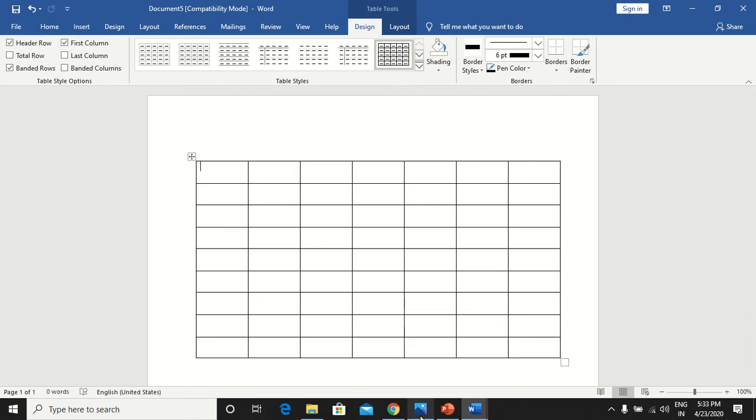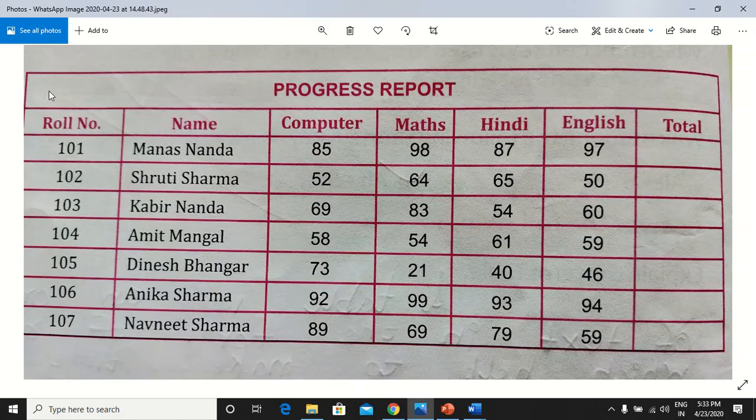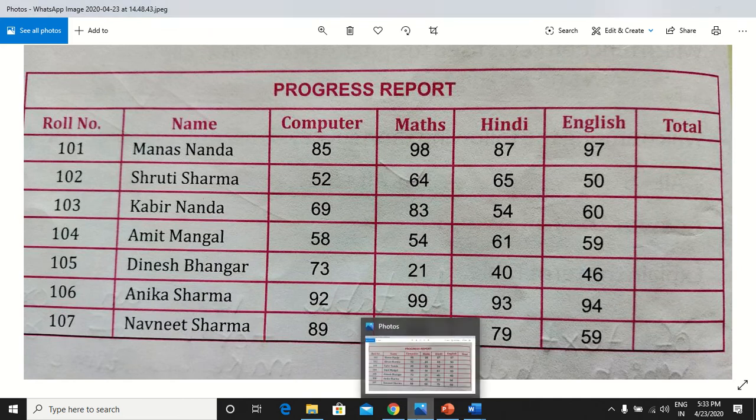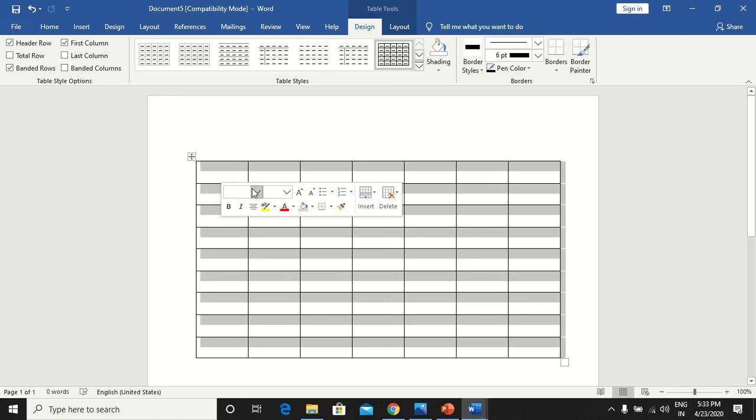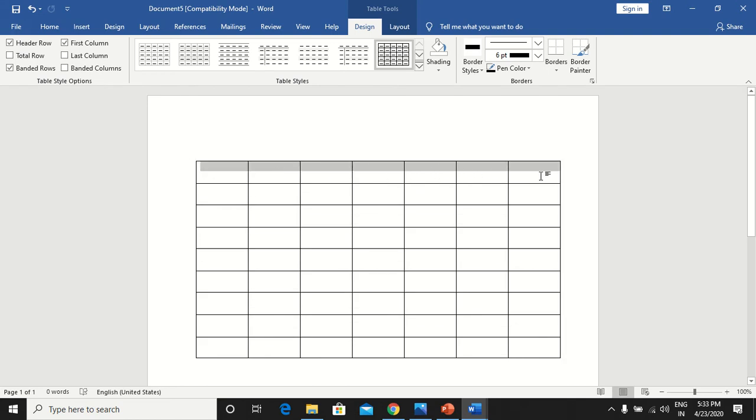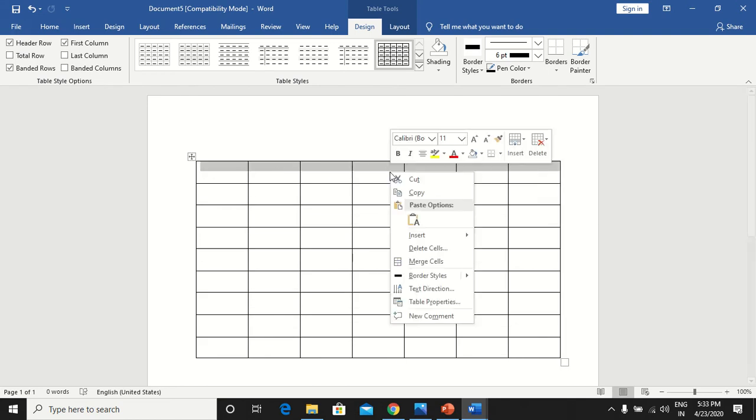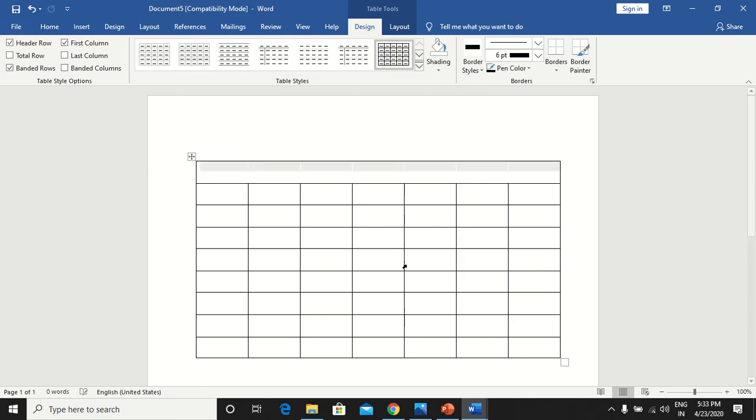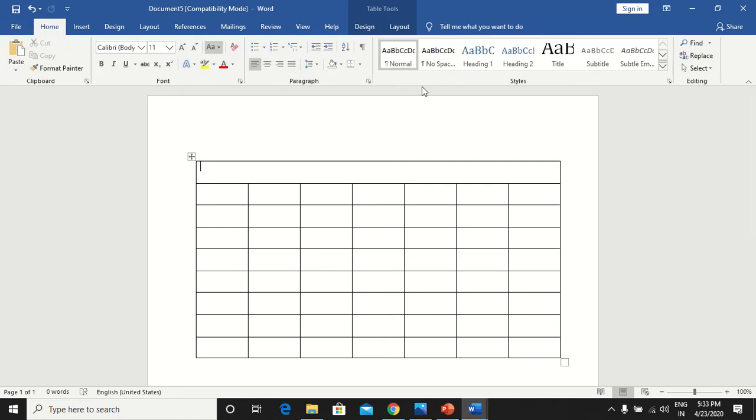Now first of all I will observe what else I require. I want a single cell at the top. In the first row I want a single cell. So how will I bring my first row as a single cell? Let me show you. I will select all the cells from the first row, right click over here, Merge Cells. Merge means you are joining them, gathering them, making them one. So I will click here. Now you can see it became a single cell.